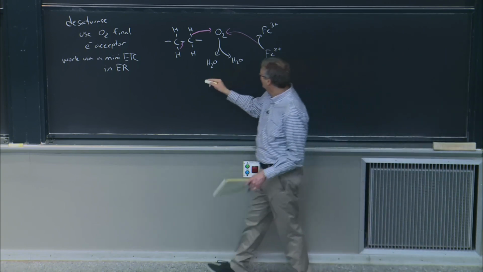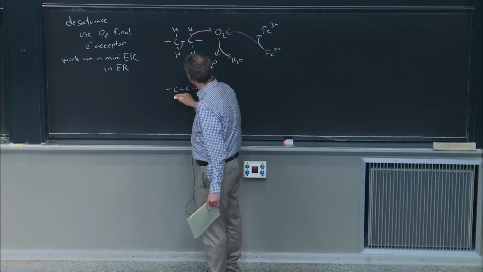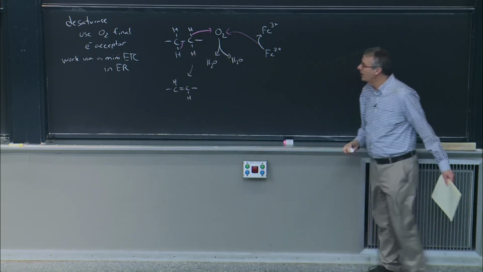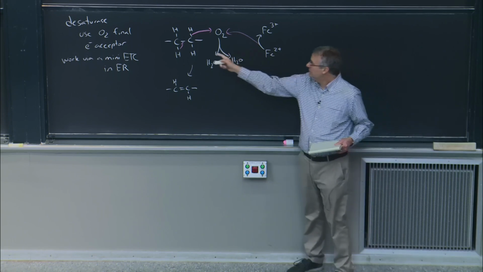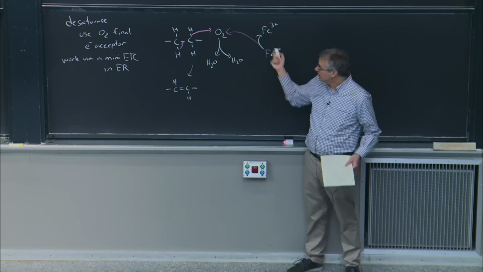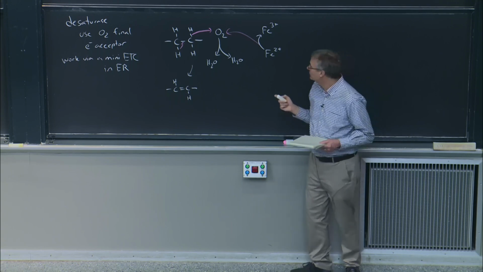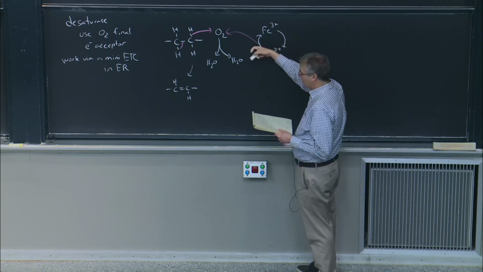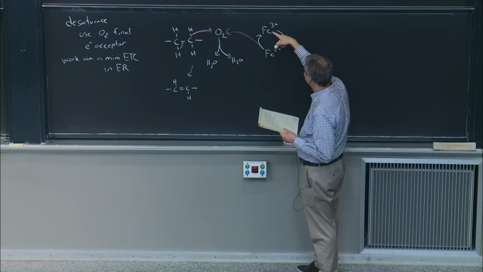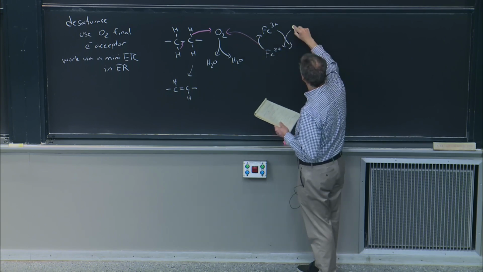And so this ends up generating a double bond in the fatty acid with 2 of the electrons going to oxygen and the other 2 electrons coming from this mini electron transport chain in this desaturase complex in the endoplasmic reticulum. All right, and so of course those electrons have to come from somewhere. So we have to reduce the iron we oxidized to get the electrons from. And so this works